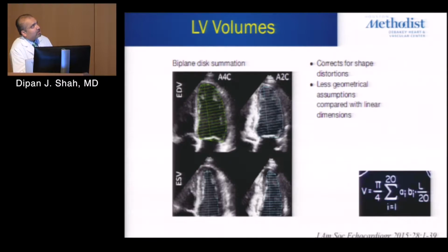Now, the methodology by which echo actually derives volumes and ejection fraction is by this method here, which is called the modified Simpson's rule of discs. So you actually trace on a 4-chamber view and a 2-chamber view of the heart the area as well as the length, and then it assumes that there's a circular disc between these two geometries, so there are some geometric assumptions being made, and it summates this, and it derives for you a volume in end diastole. You do the same thing in systole, and it gives you a volume in systole,